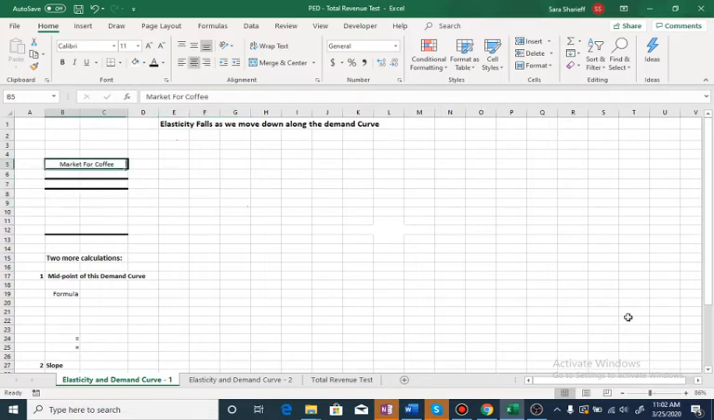So let's take an example. I am considering a market for coffee, and I'm constructing hypothetical data. For example, let's say in the first column I'm taking price, in the second column I'm taking quantity demanded, right? I'll be measuring price in dollars per kg, and I'll be measuring quantity demanded